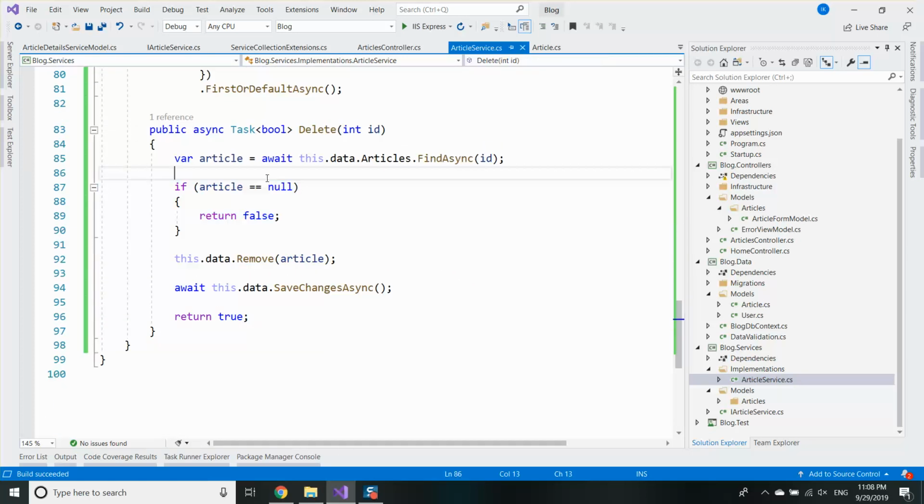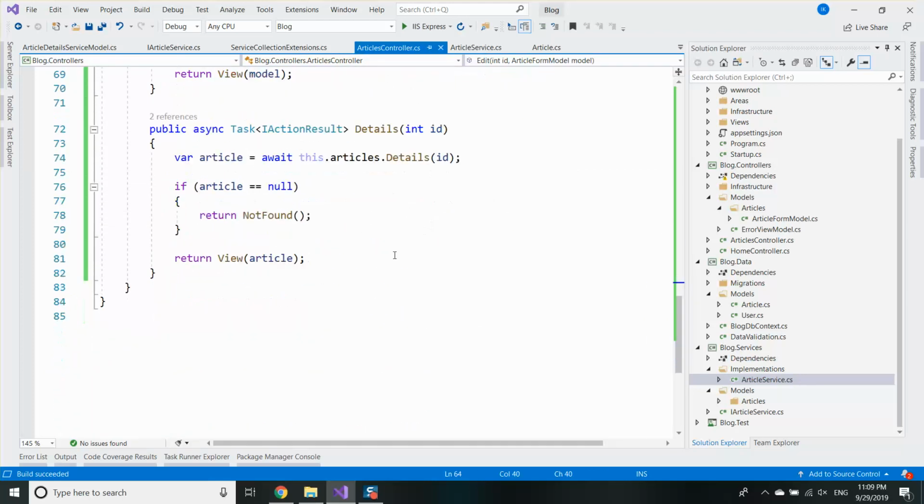The same reason I have a null check here, but I won't use it because if somebody decides to delete an article, he should be the author of that article. So